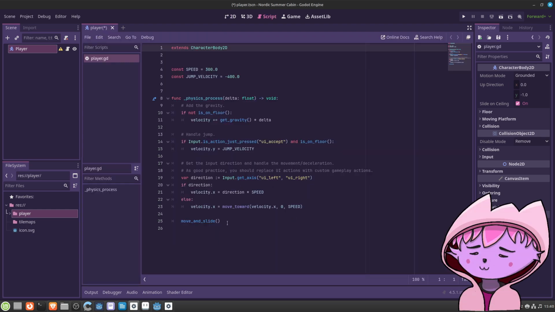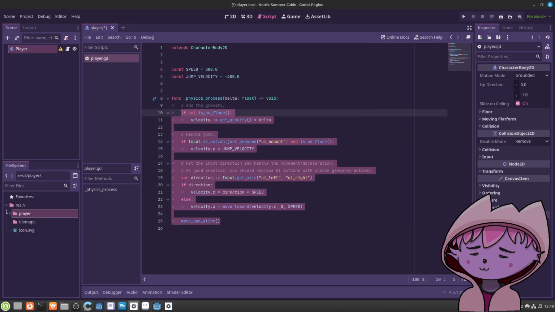I actually didn't want to use the template.